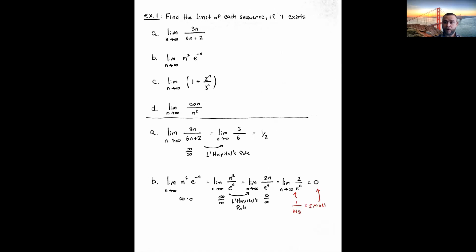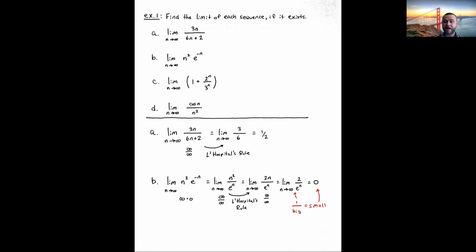Part B also goes rather quick with L'Hopital's rule. Notice in the beginning, n squared approaches positive infinity as n gets bigger. e to the negative n, that approaches 0. So we have an indeterminate form here, but of the type infinity times 0. We need to convert that function to a fraction. e to the negative n can be put in your denominator, and you get n squared divided by e to the n,